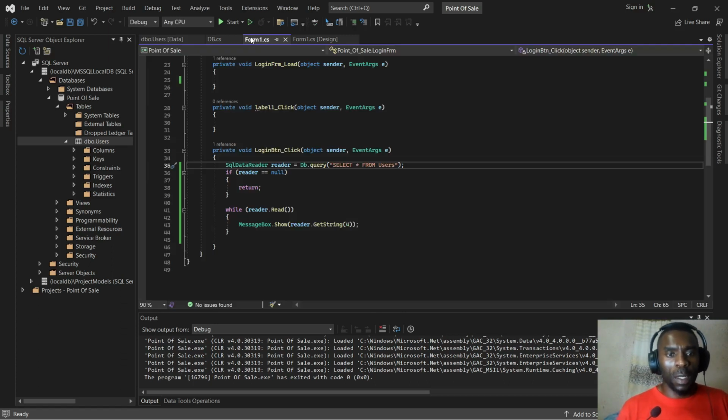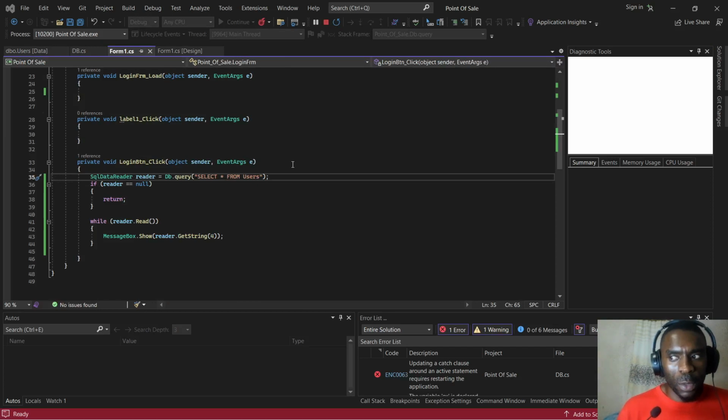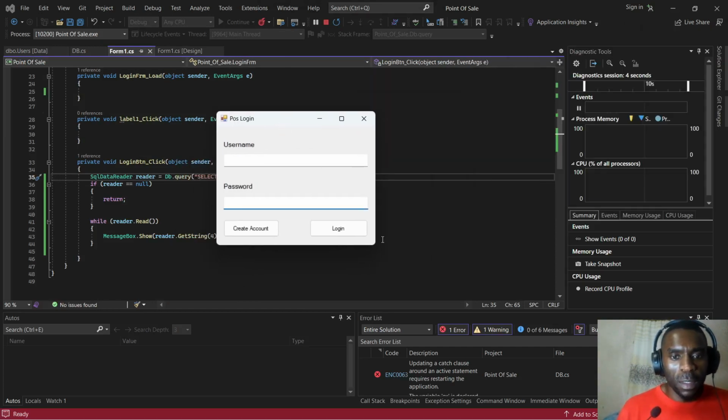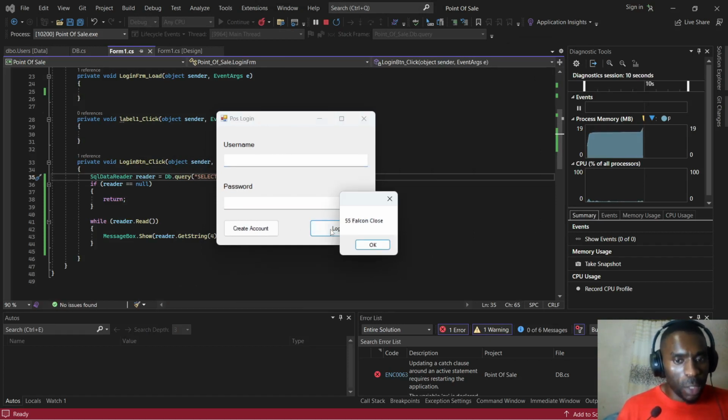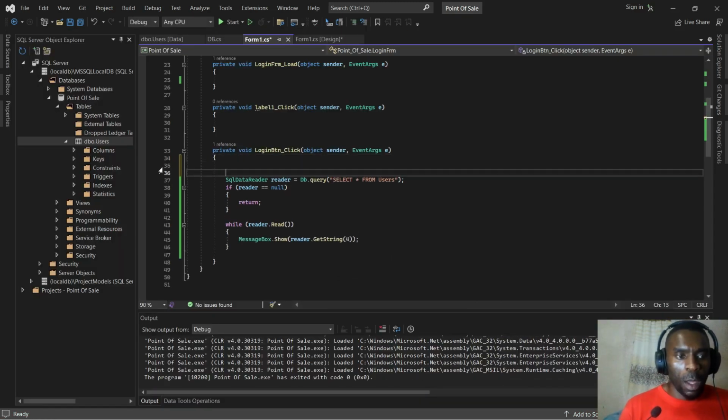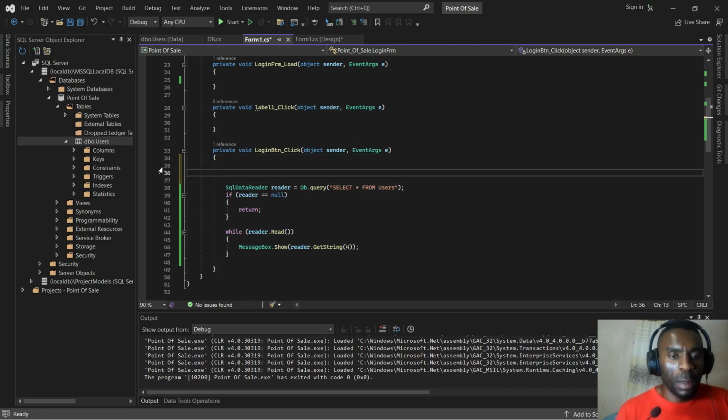Now let's move to the next step of our development. You must have noticed that when we click the login button, it is not validating the information that is in the username text box and the password text box. So it just proceeds. But what we want is a situation whereby we check if the values that have been supplied to us are valid or not. So we don't expect the username to be blank, and we don't allow spaces on